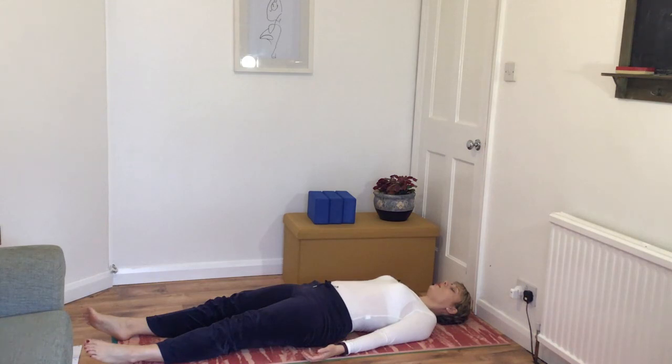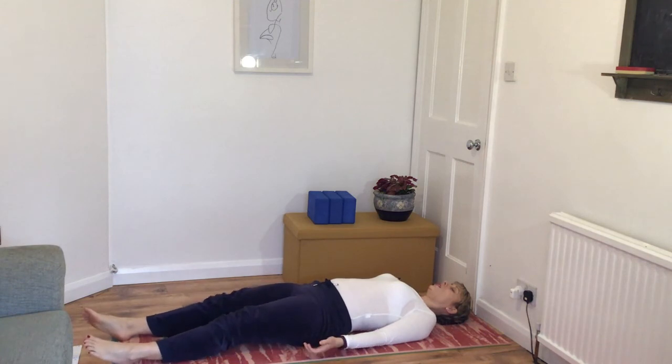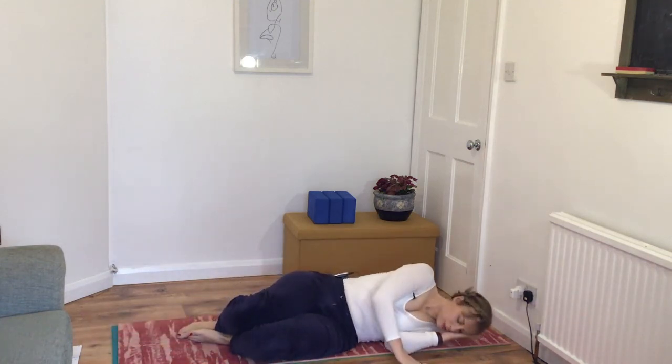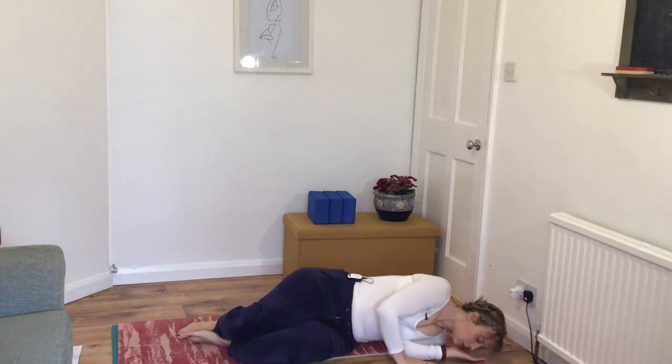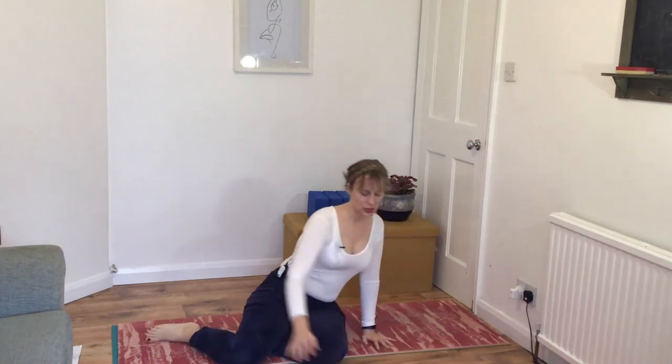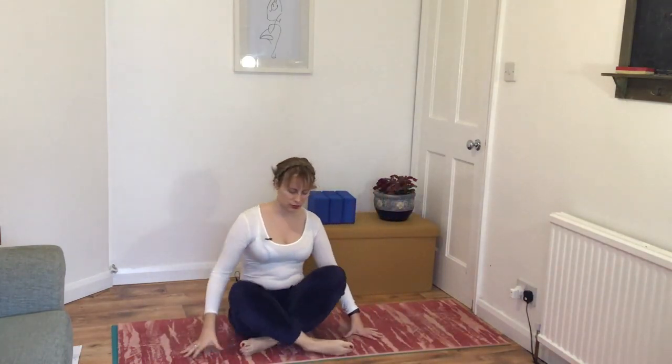And slowly coming back to consciousness, wiggling your feet, wiggling your palms. Wiggling your legs, wiggling your arms. And slowly come over to the side. Palms down onto the mat. And push up into a seated position